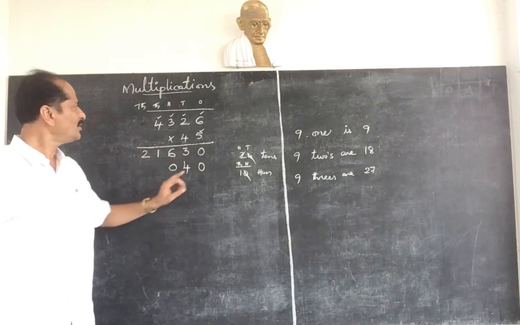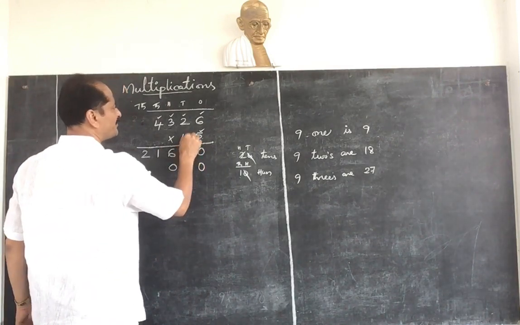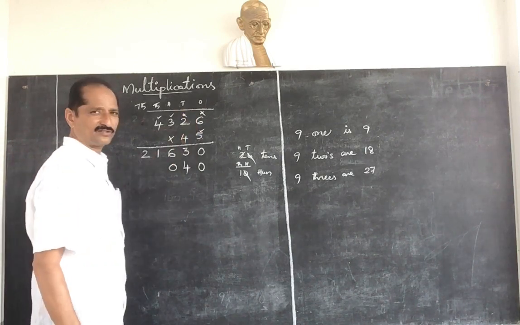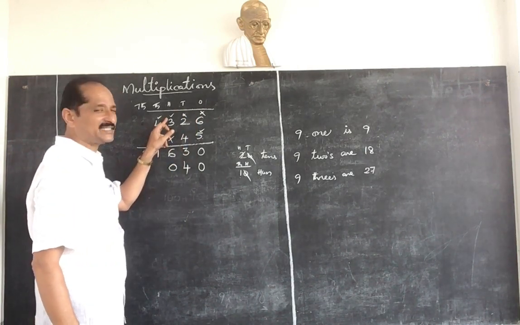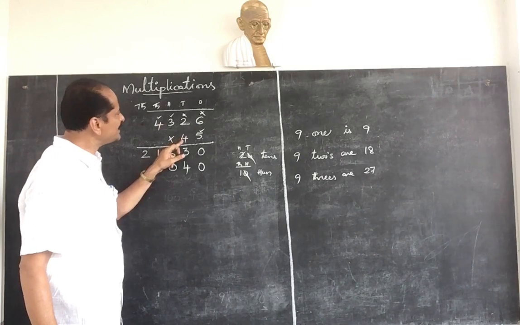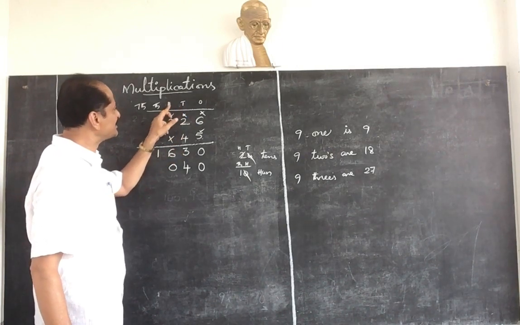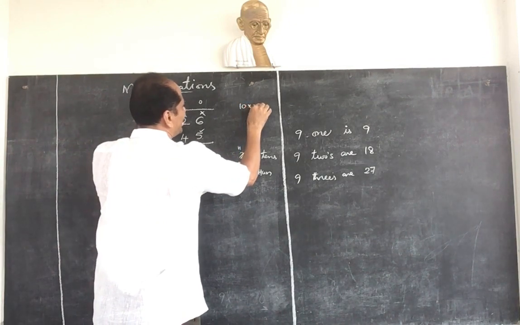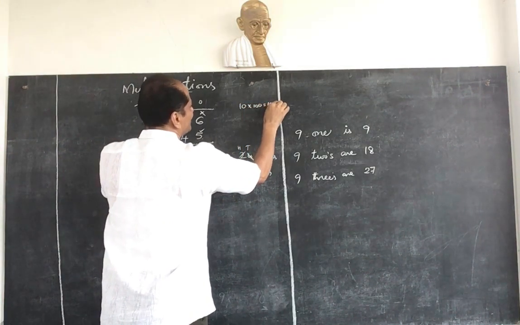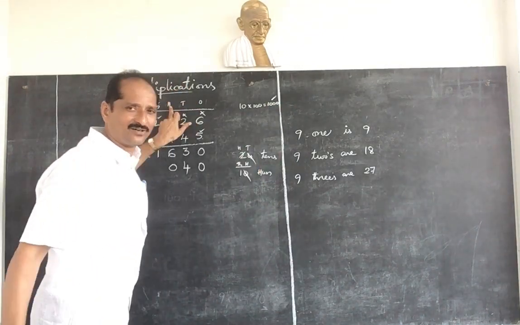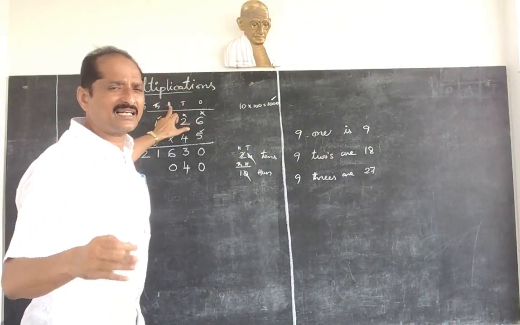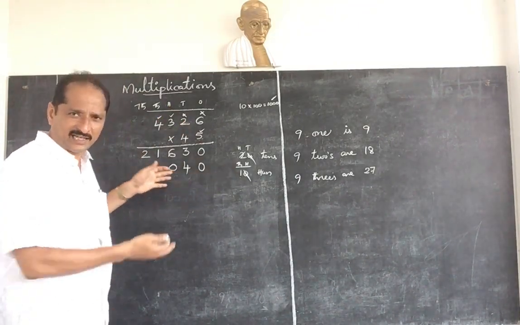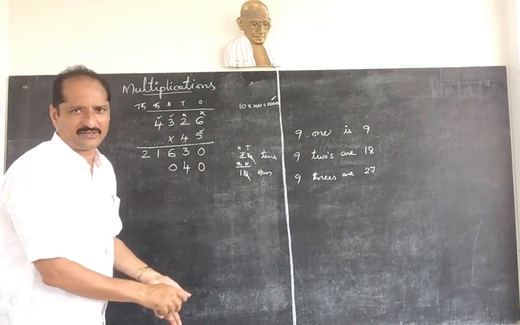Okay, leave it. Now, so we multiplied 4 with 6, cross mark. We multiplied 4 with 2, strike out. Now 4 we should multiply with 3. Where is 4? 4 is in tens place, 3 is in hundreds place. So 10 into 100 is equal to 1000. So we are getting thousands now. Now thousands, already here 1000 is there. These two we have to add again.